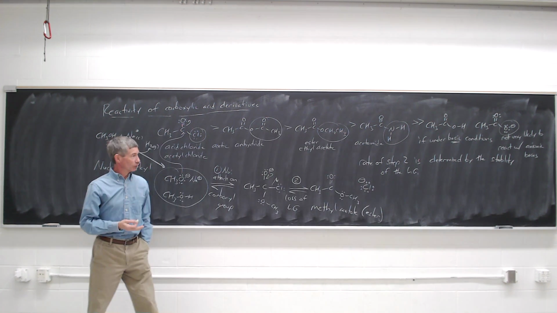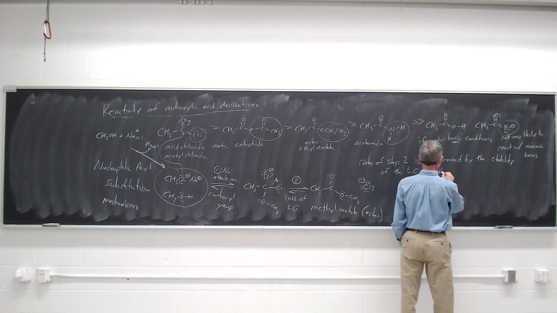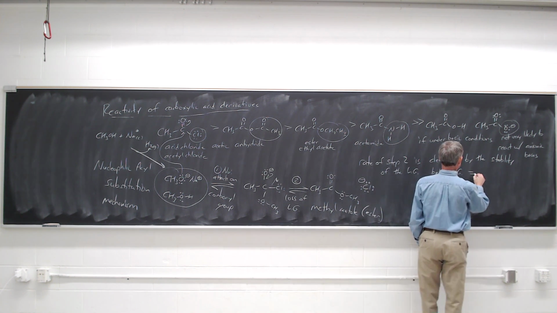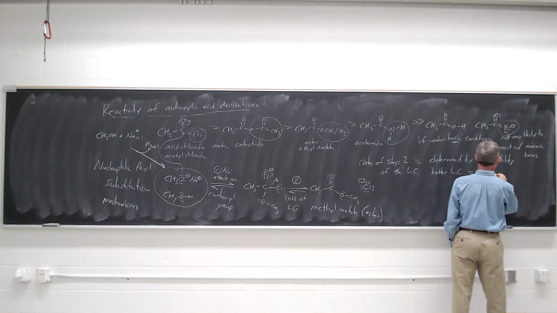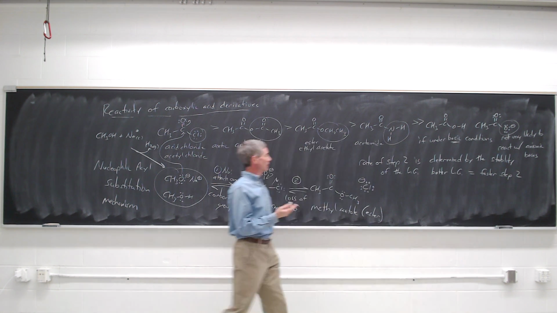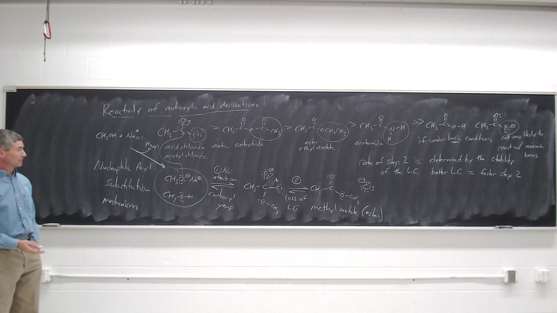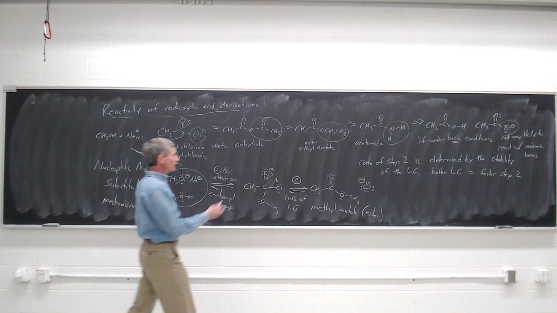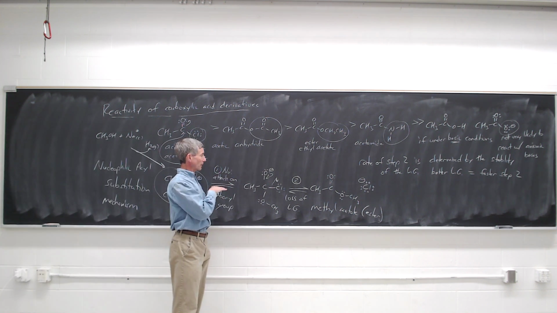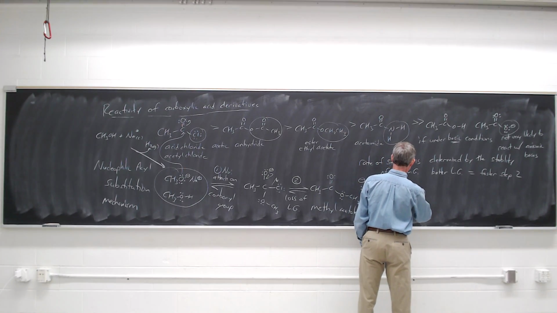And the better the leaving group, the faster step 2 should be. The more stable the leaving group, the better. That's actually common to the SN2 reaction as well, right? The SN2 reaction proceeds most readily with things that are the most stable anion. So we already know how to look at that. The stability of the leaving group